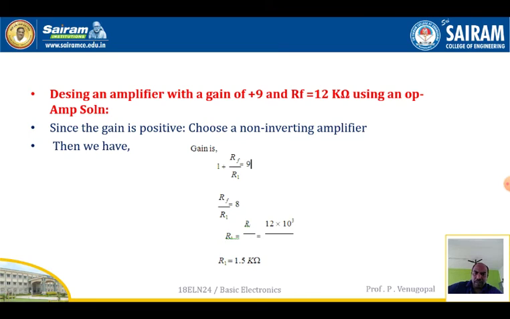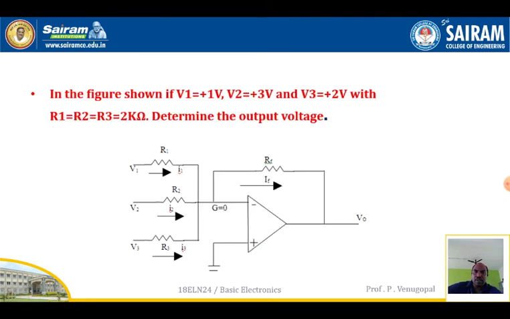8 times R1, or R1 is equal to what? RF divided by 8. So we can calculate the R1 value, because RF is given. Therefore R1 is equal to RF divided by 8. RF is 12 kilo ohms divided by 8. What will you get? 1.5 kilo ohms. So R1 is 1.5 kilo ohms. So now, if you want, you can design a non-inverting amplifier, where the input is given to the non-inverting terminal of